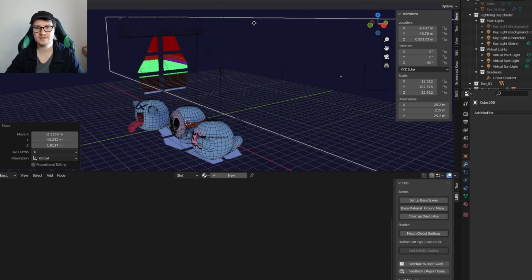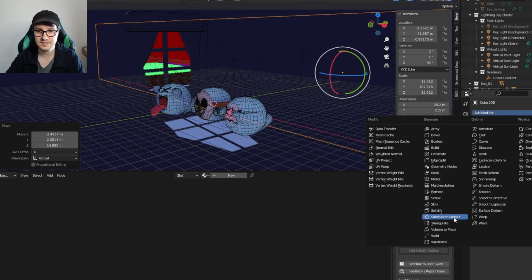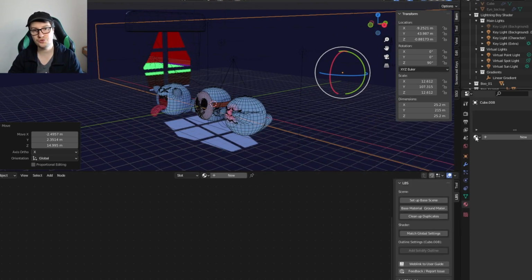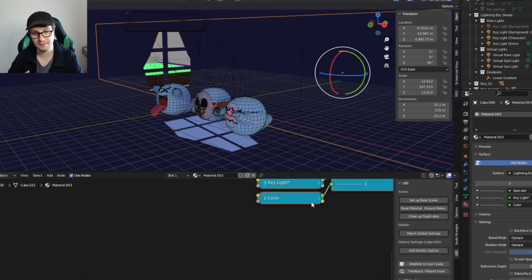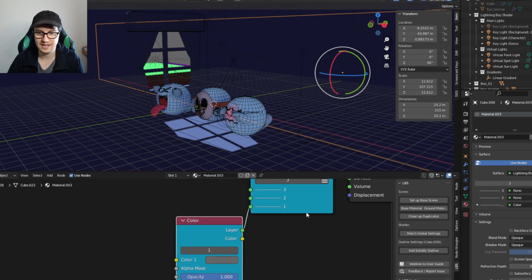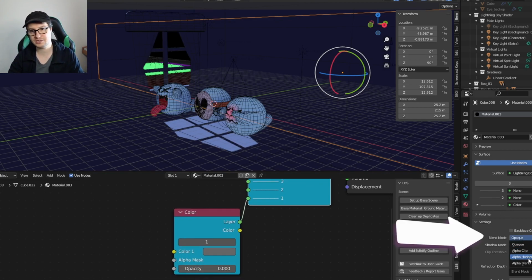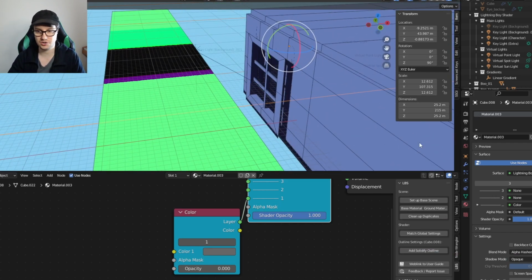So I'm increasing the size of these cubes and I'm placing them around my scene like this. And then I'm going to create a new Lightning Boy shader material for them. So I can delete everything and just keep the color, and even the color I could technically probably remove it. But what's important is I go in the options of the material over here, like I showed in part 1,